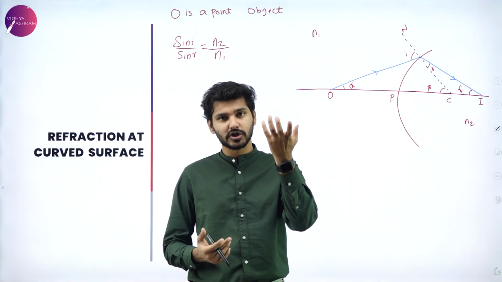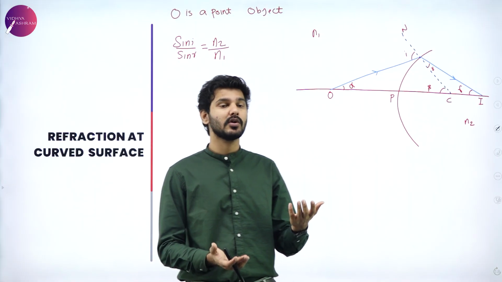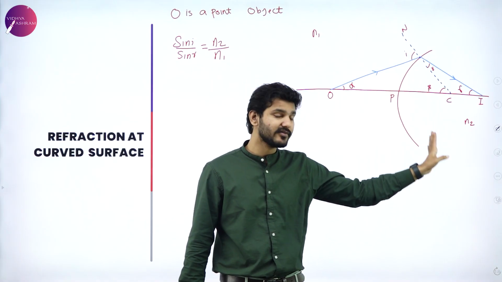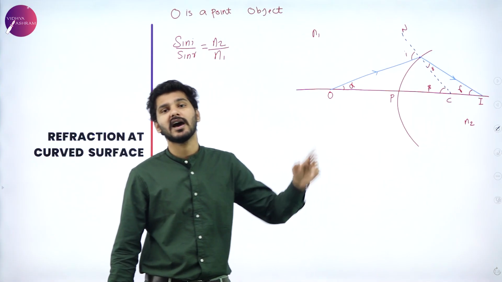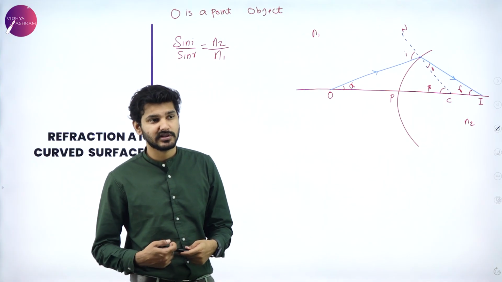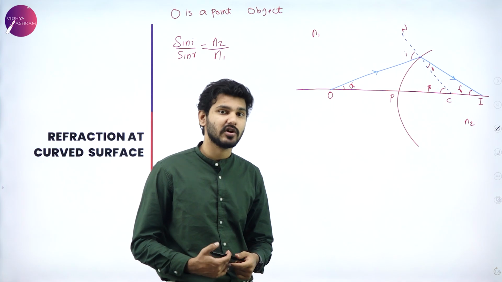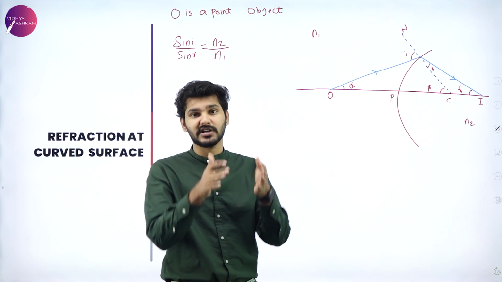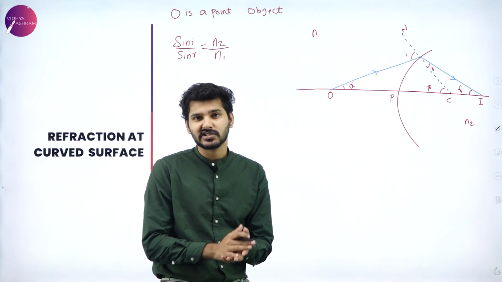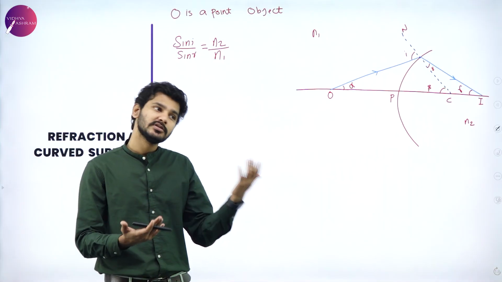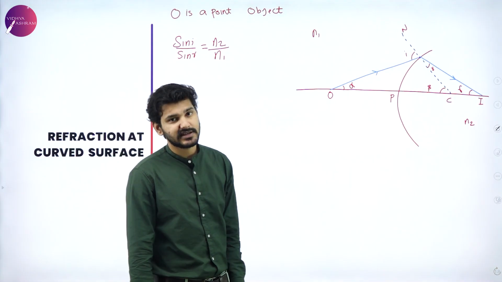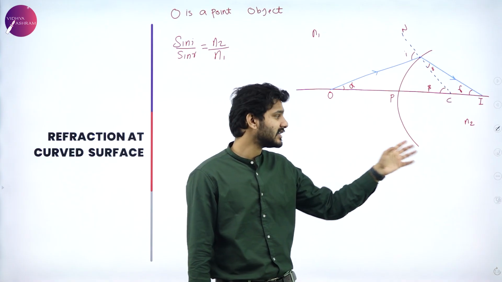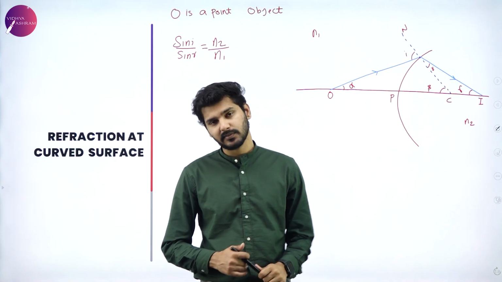If it is a water droplet, then the curved surface, the N2 material medium, is water, so N2 will have the refractive index of water and N1 will have the refractive index of air. For example, in rainbow formation, when it rains, the raindrop assumes a spherical shape. When it falls, it is a teardrop shape, but again it forms a spherical shape and the surroundings are air. Generally, N1 is the refractive index of the first material medium, and N2 is the refractive index of the second material medium.